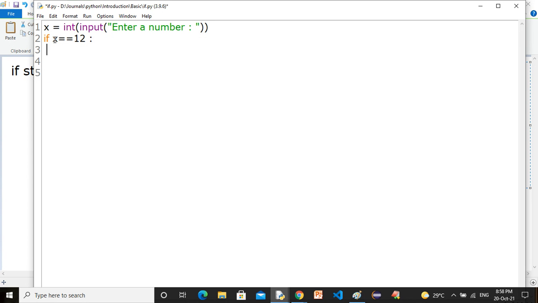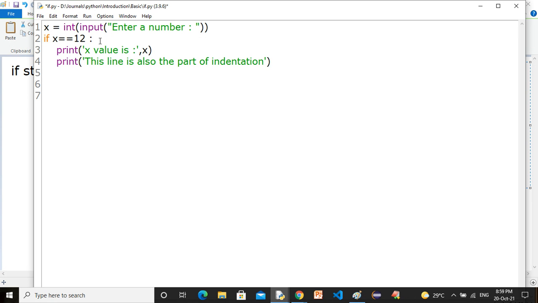So look, if you just put enter, you can write print x value is colon comma what? x. So that means you are printing the value of x, and at the same time you can also write print, this line is also the part of indentation.